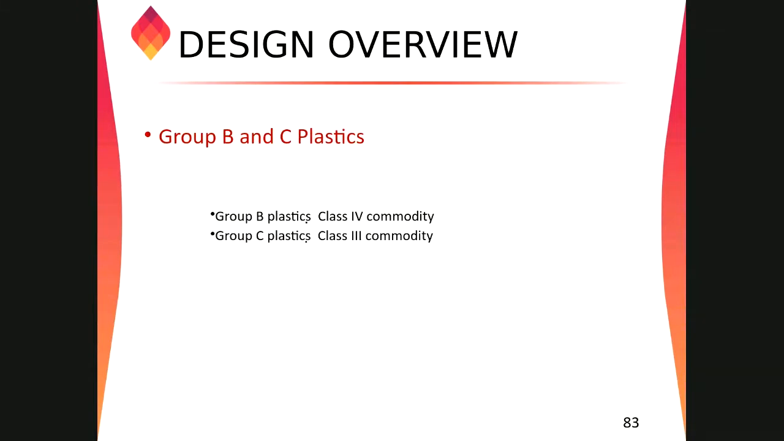Now, group B and group C plastics are not as combustible as group A plastics. So normally they consider group B plastic same as class 4 commodities, and group C plastic same as class 3 commodities. So you can keep group C plastic into class 3 and group B plastic into class 4 without any hesitation. Why I'm trying to emphasize